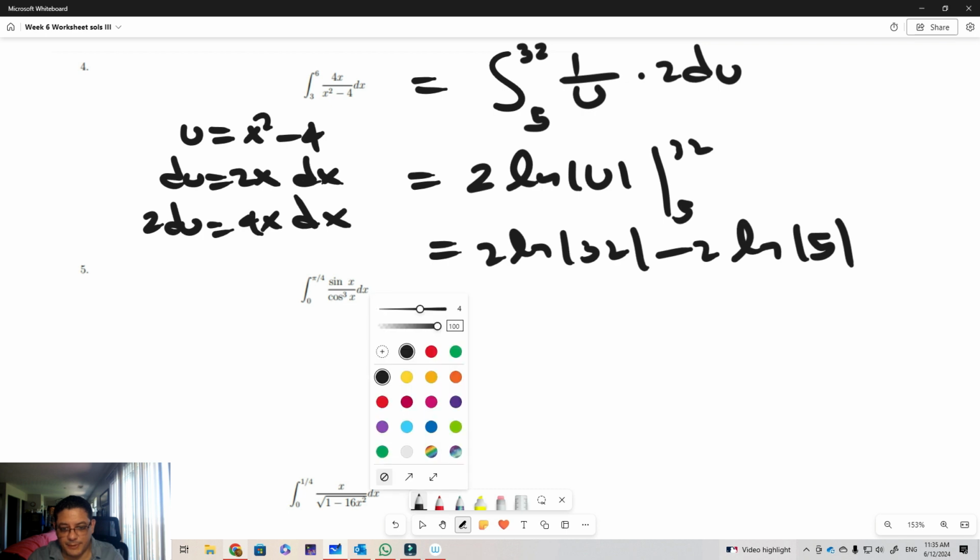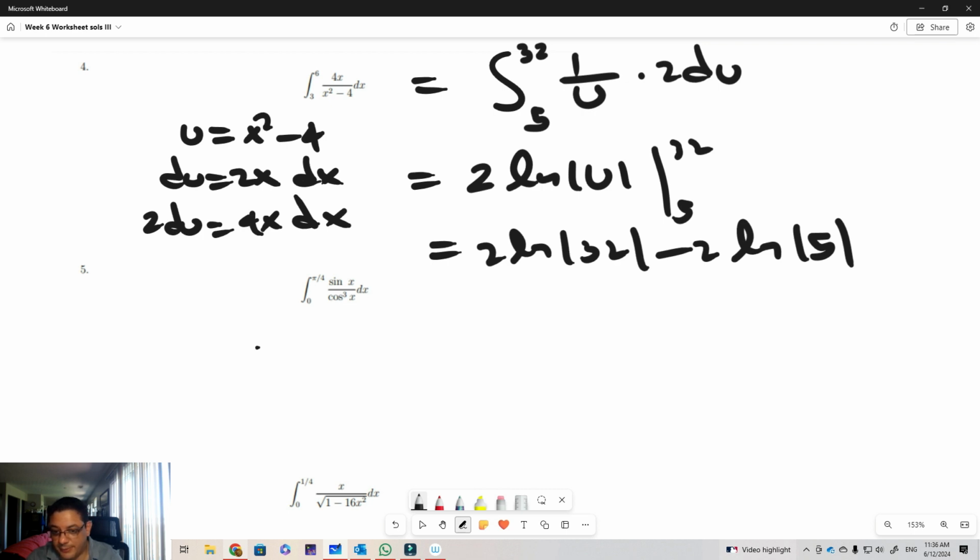Now, the next integral is going to be the integral from 0 to pi over 4 of sine of x over cosine cubed dx. Clearly, the problem is that cosine power of 3 down there, so we're going to pick that as the substitution. If u is cosine of x there, then the du is going to be minus sine of x dx. And so transforming this will be,